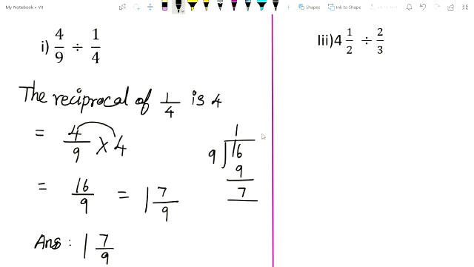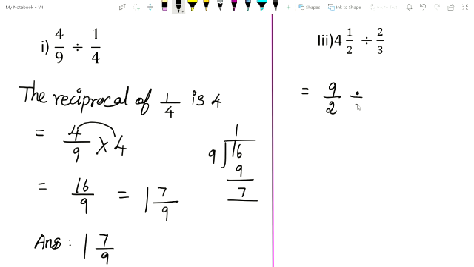See the next question. 4 into 1 by 2 divided by 2 by 3. In this question, 4 into 1 by 2 is in the form of a mixed fraction. First, you convert into an improper fraction. So 2 4s are 8, 8 plus 1, 9. 9 by 2